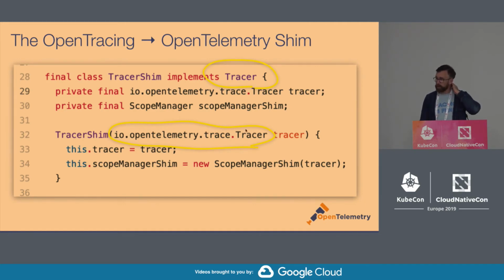So what you'll be doing is replacing that with this tracer shim that itself takes an OpenTelemetry tracer as an argument. If you add this in replacement of your OpenTracing initialization, you'll be able to mix OpenTracing, OpenCensus, and OpenTelemetry instrumentation in your single Java process, and it will all just work. We'll be doing similar things with other languages. We said in the keynote that we think of OpenTelemetry as the next major version of OpenTracing. That's really true.